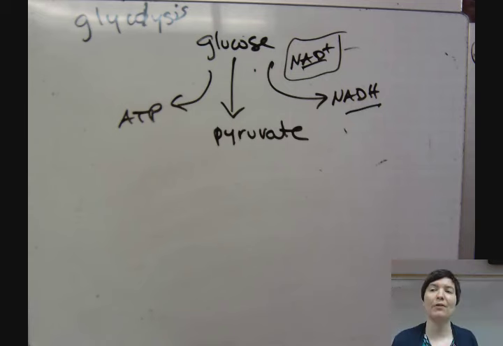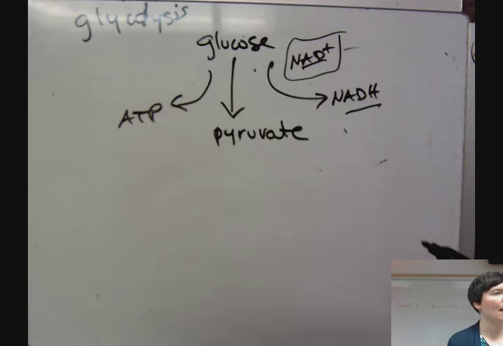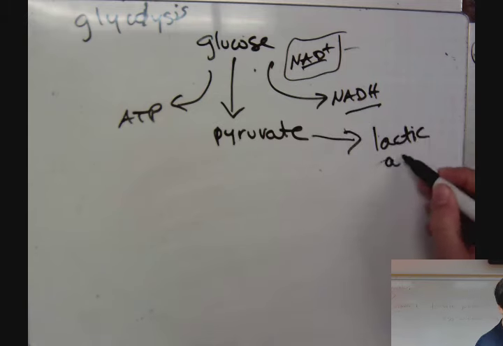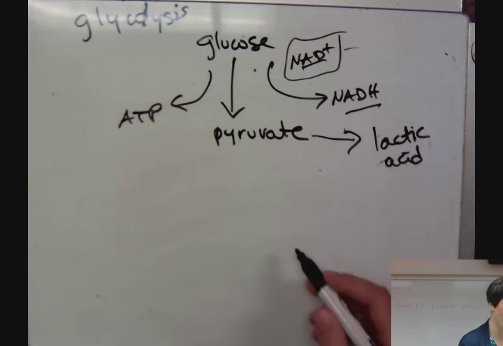Now, is there any part of our bodies that you know of that does glycolysis that maybe can operate in the short term with less oxygen than is optimal? Muscle, okay? So what is your muscle doing? It's going through glycolysis, and what do we know is happening with the pyruvate? What's it getting turned into? Lactic acid, okay? Now, this process is called